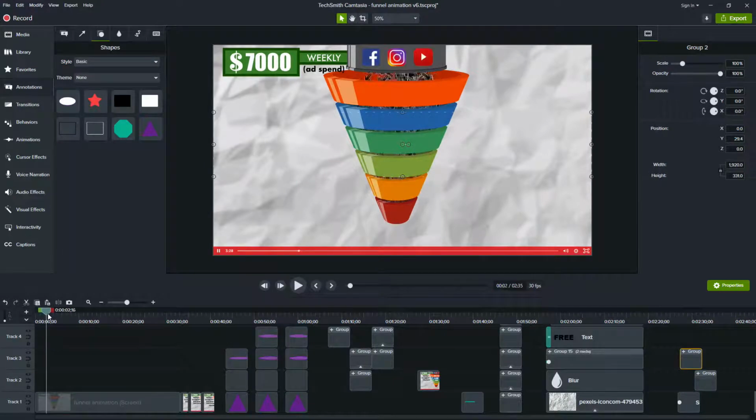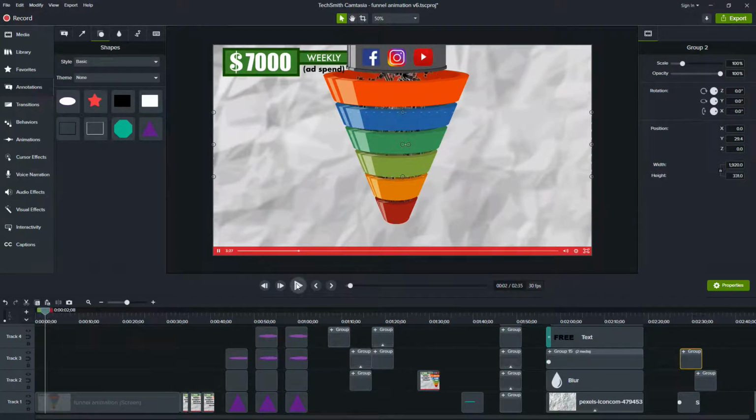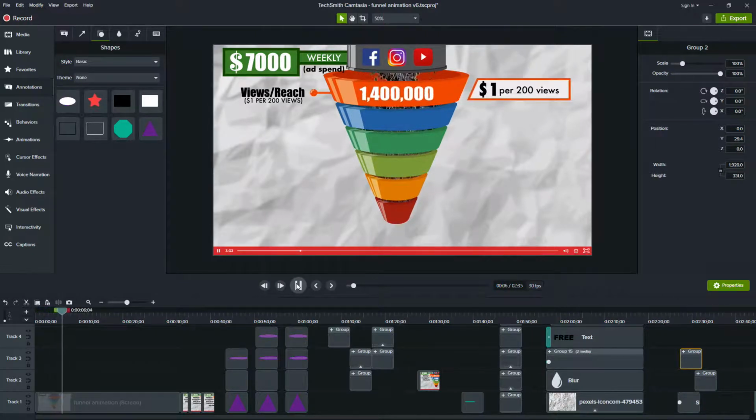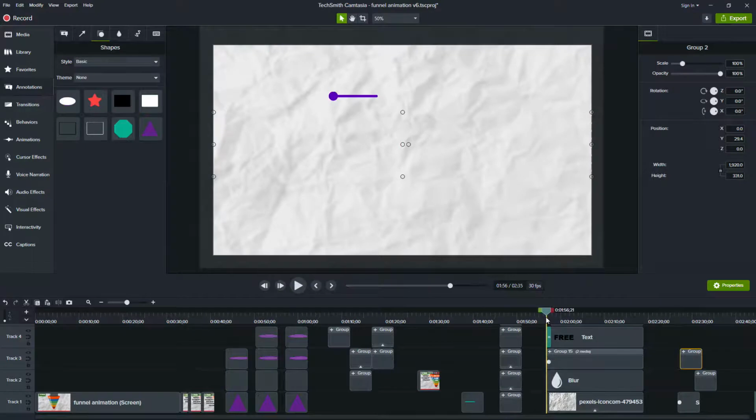So if you look here, this person has an animation going on in the background. Something appears, and then text, and then this comes in. Actually, let me just hit play so you can see this in real time. So things are happening, something pops out, text, that, and then something. And then as we go through, there's the next thing, and then that appears, and that appears. So this appears throughout this entire, he's talking about a funnel. And so just to show you, it took about 4 hours to do this, but